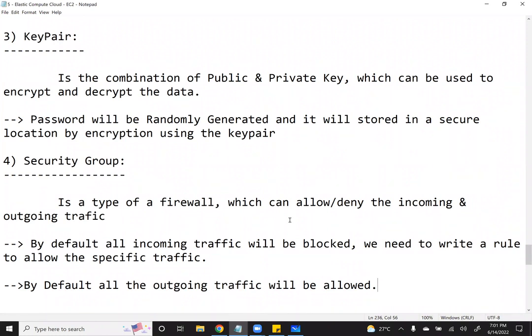So these are the major things required to create the EC2 instance. While we are creating EC2 instances, we can also see small terminology like monitoring or termination protection. They are not related to the functionality or the performance of your EC2 instance. Those are some optional terminology. Okay, right. So now what we do is,